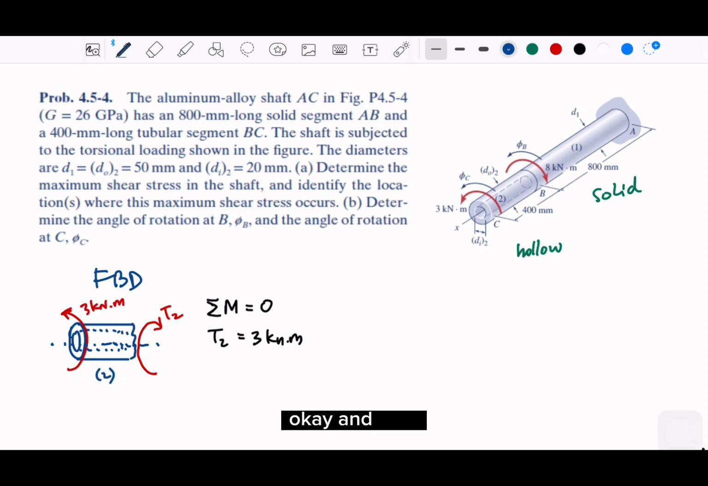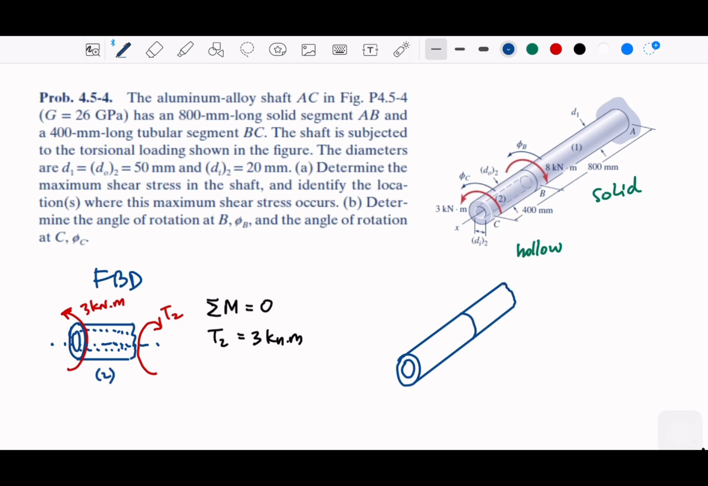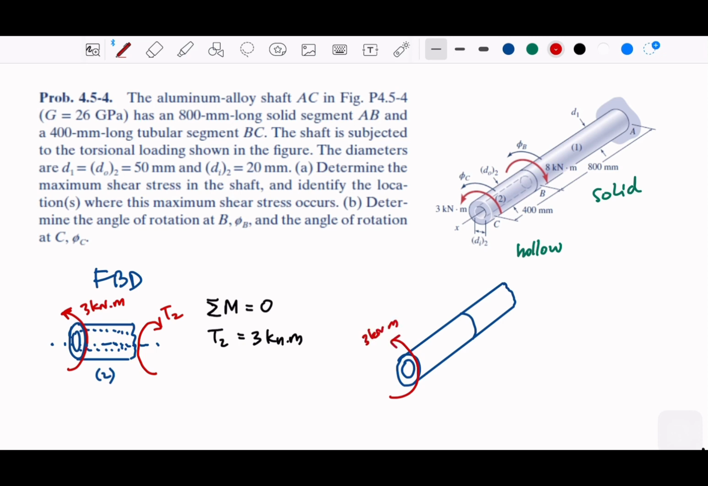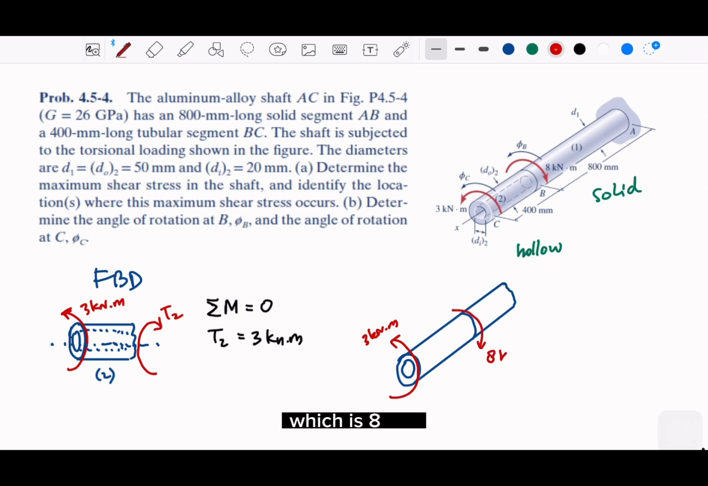Okay, and then we take material 2 and then material 1, and then let's cut in the middle of material 1. Let's cut here. Okay, so this will be 3 kilonewton meter, and we have another external torque here, which is 8 kilonewton meter. Okay,